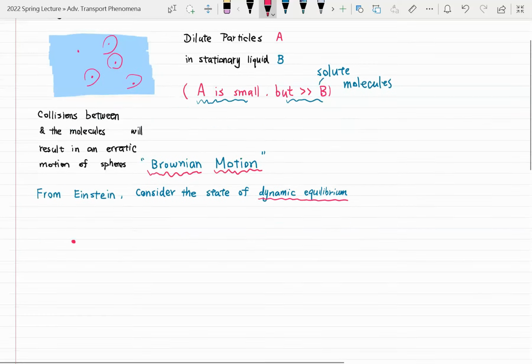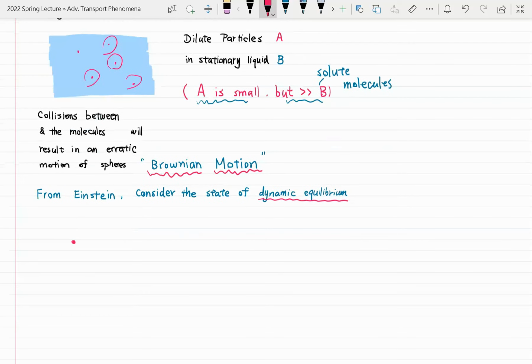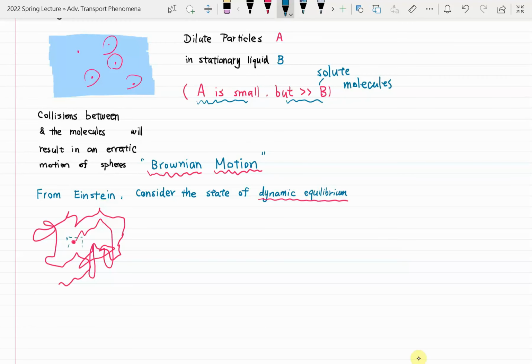So let's draw a simple idea of Brownian motion. It's going to be an irregular motion here, right? There are random collisions of the solute molecules with the sphere. But if we take a look at an infinitesimal, or infinitely small, volume, this really small space here, and zoom in, we would view that inside this box,